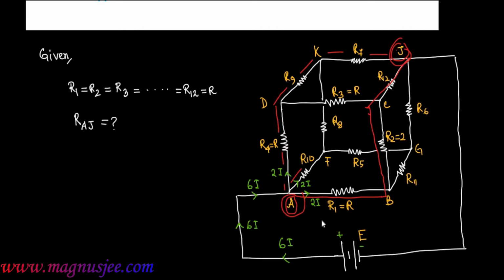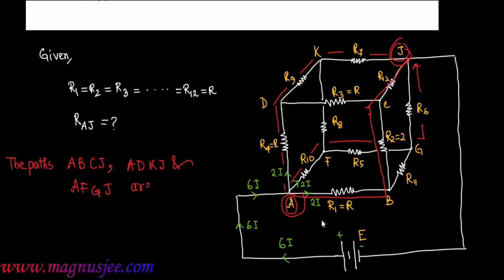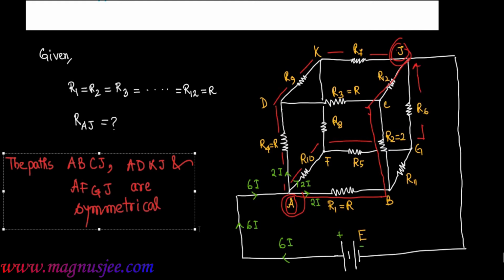Similarly, the current 2I can reach from the corner A to J following another shortest path, that will be AFGJ. That means the shortest paths are ABCJ, ADKJ and AFGJ. These are the symmetrical paths for the currents 2I to flow from the corner A to J,